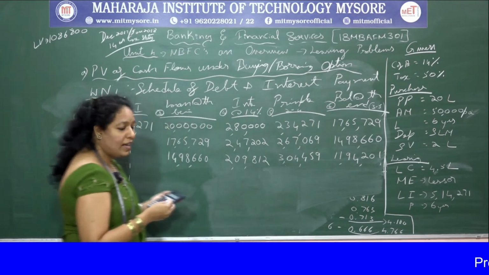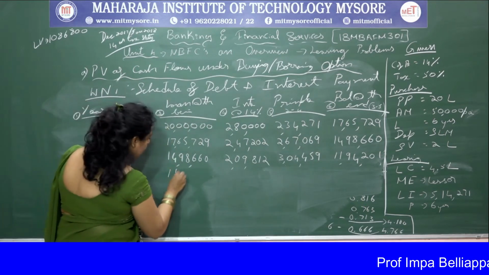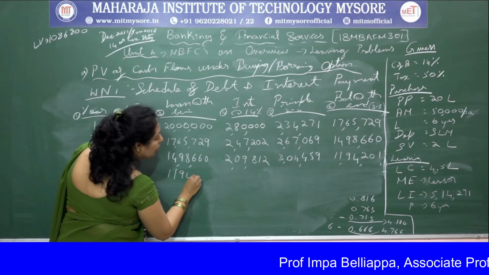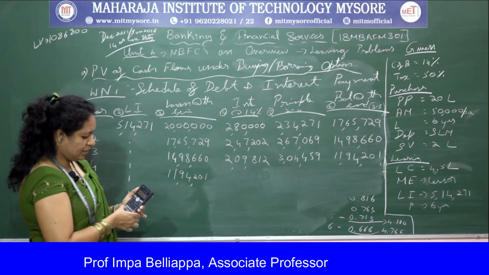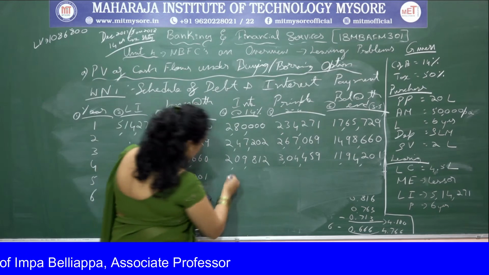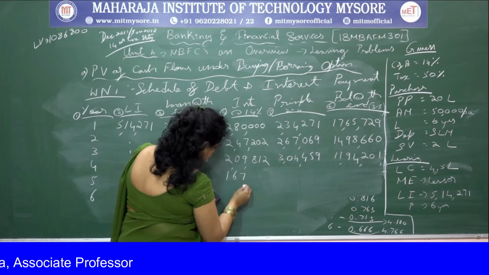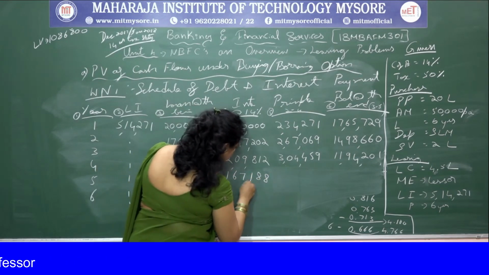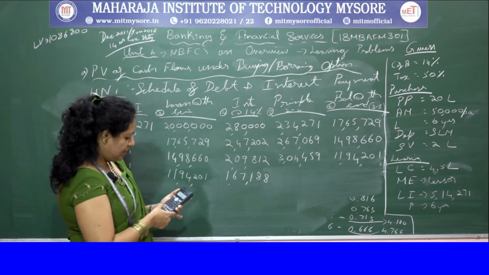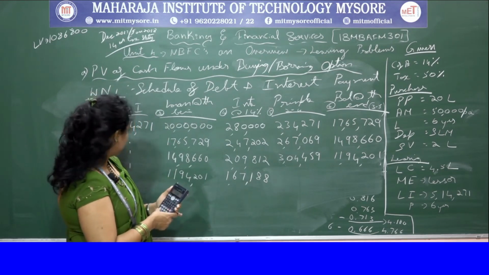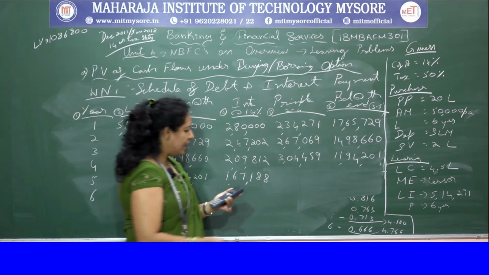11,94,201. Okay, next carry down 201. On this 14% you have to calculate. So you get 1,67,188. 1,67,188 minus 5,14,271. You get